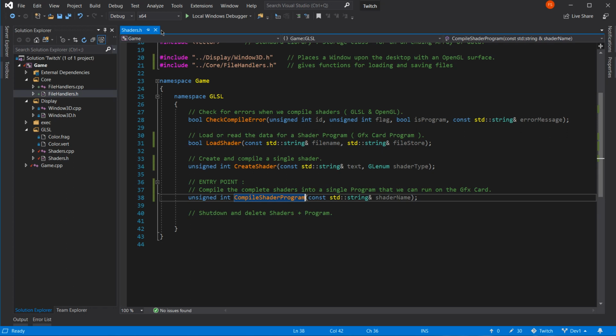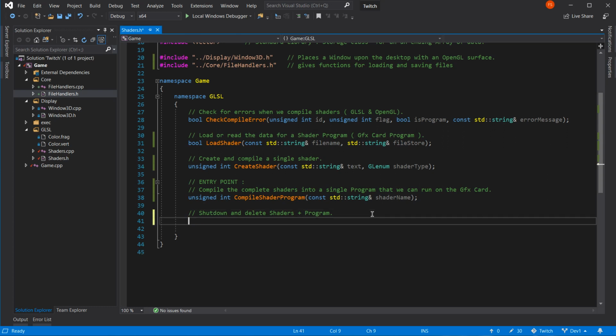Okay. Let's call it void shader cleanup. Or should we have a bool? No. It's just a void. And we're going to call it shader cleanup.